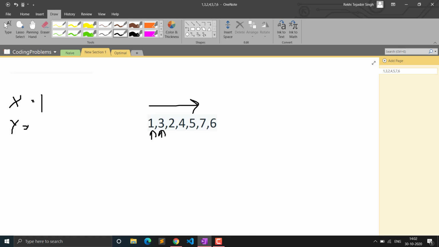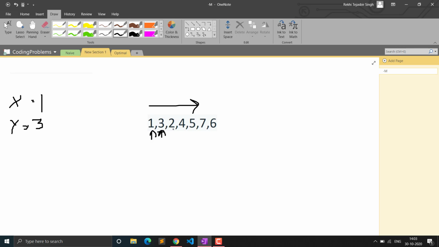So now i will come to this point, so 3. 3 is not less than x, but it is less than y. y is still int max, so it is true. It would update x if this element were less than x, but that is not true. That means the condition that the element is less than y can be true. So yes, it is true, y is int max, so it will set it to 3.